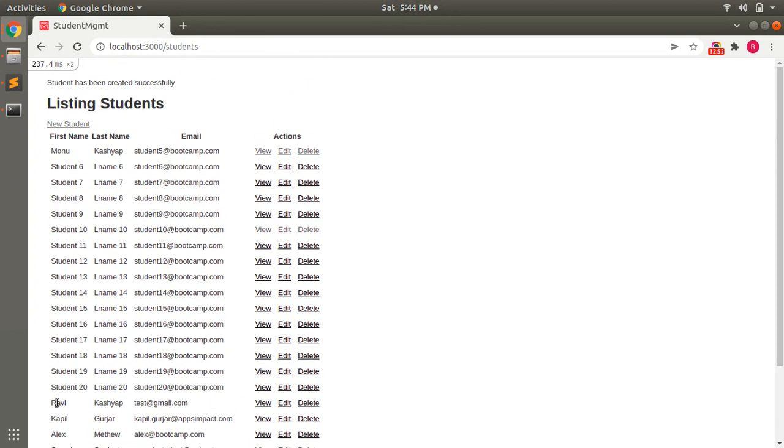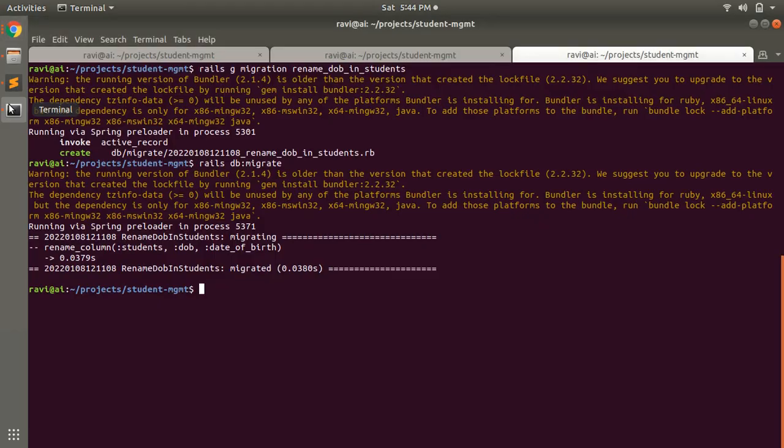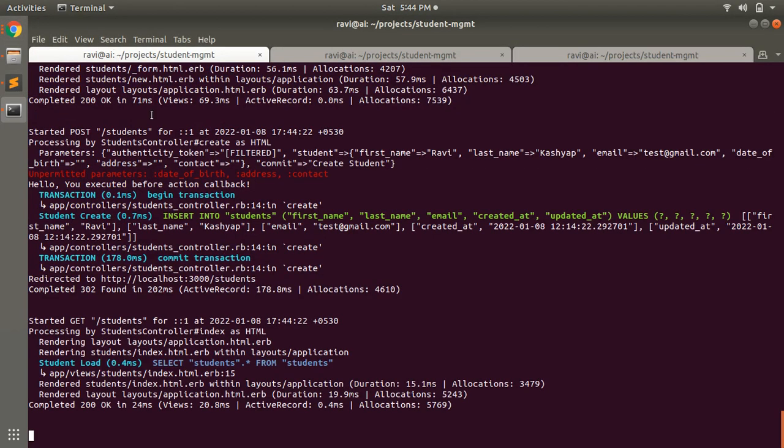Okay, but at the terminal, you will also see unpermitted parameters: date of birth, address, and contact. Okay, it means we only added these attributes in the form, but we haven't permitted these attributes inside the controller. Or these three parameters are forbidden, not strong parameters.